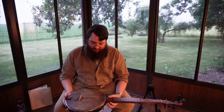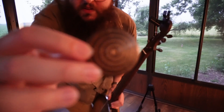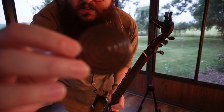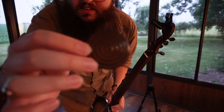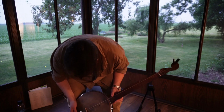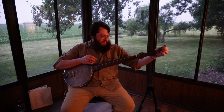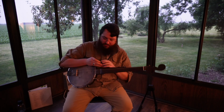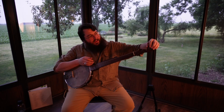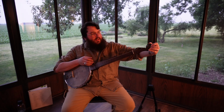What would I critique? The only thing I would really critique is these 3D printed scroll heads. Hopefully it'll focus in on that. Probably can't tell. So Brian used to make wooden scroll heads. And I'd always wanted a banjo with a scroll head. I thought it would look so cool. But as I got the 3D printed scroll head, I put it on there and I saw the kind of plasticky